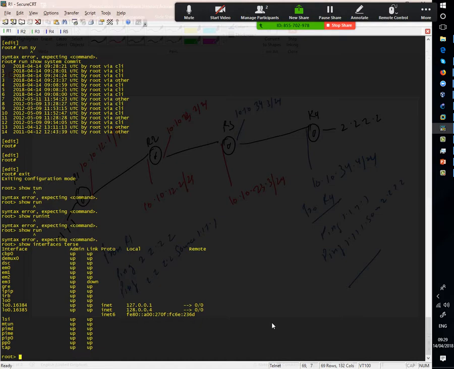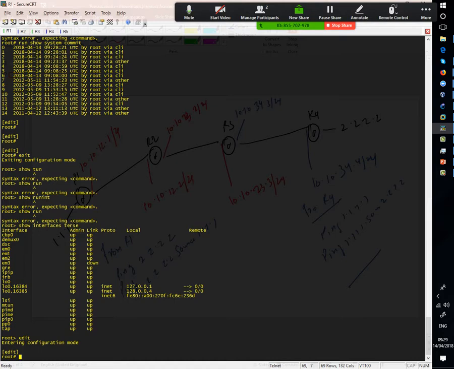Okay, so now another thing is, if I want to set the interface IP address: set interface em0 unit 0 family inet address 10.10.12.1/24. That is the IP address which I have given to my em0, and I have created